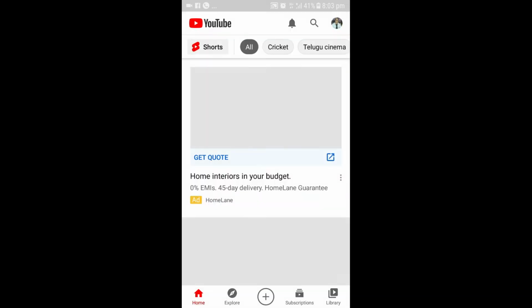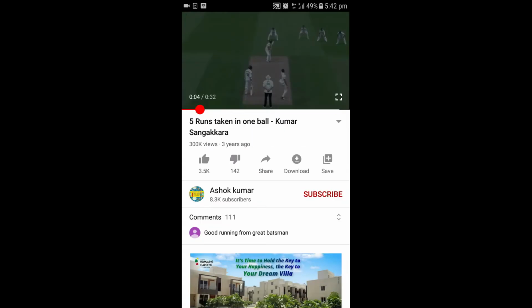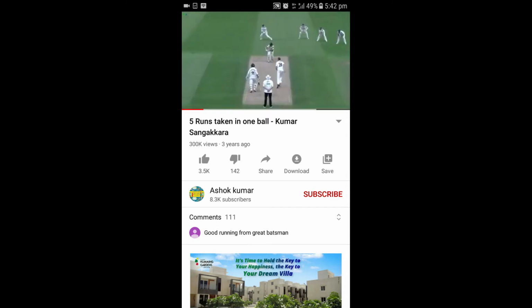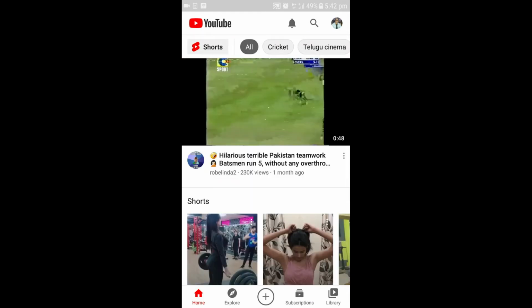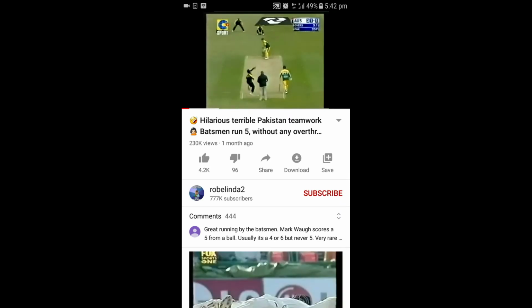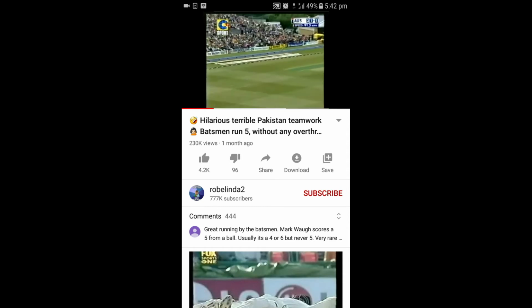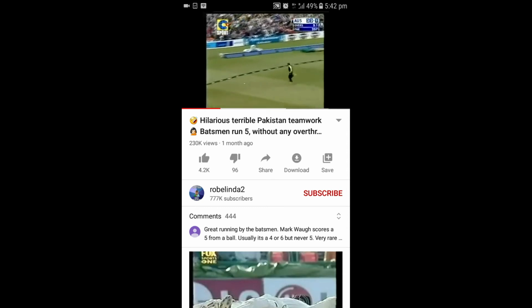Now the next step is, can we use a mobile phone to present a YouTube video or any other video along with audio? That means video as well as audio. Let us open one YouTube video and see whether we can present it. First, let us see whether we can present a video using this screen sharing option from your mobile phone. Yes, of course you can present.